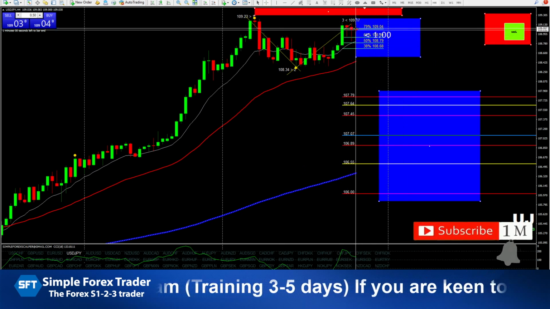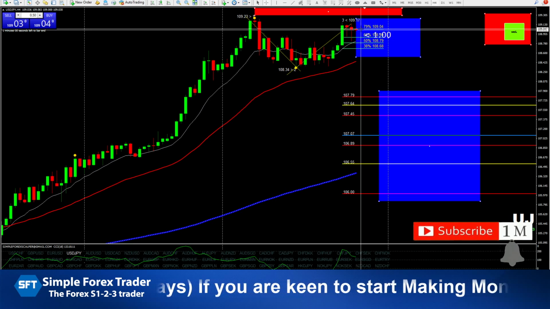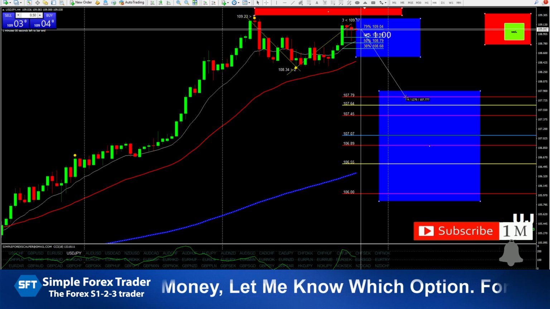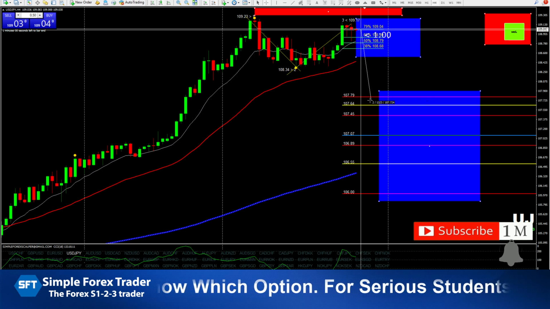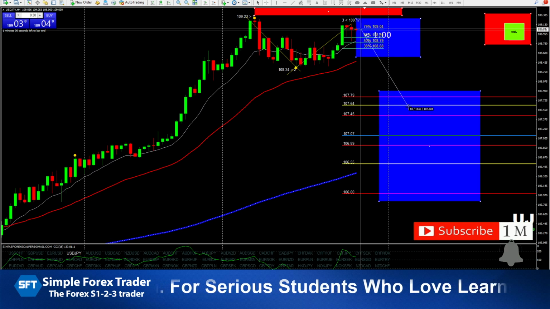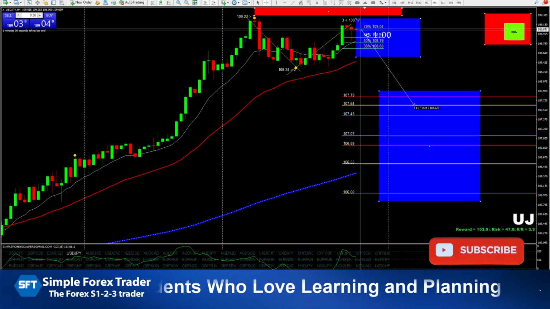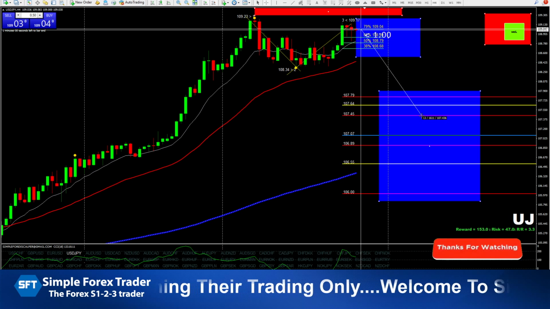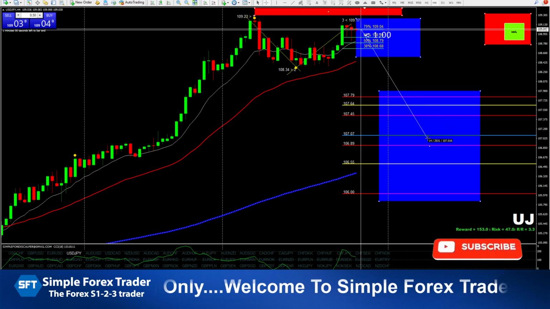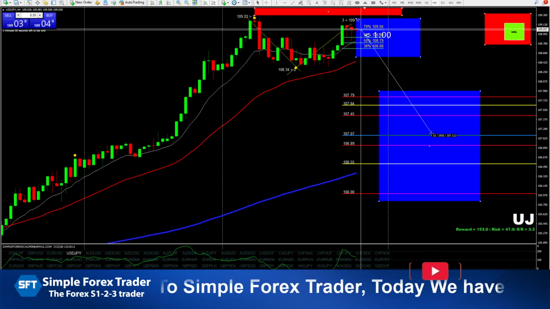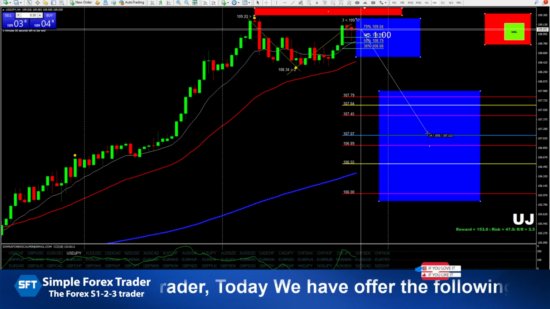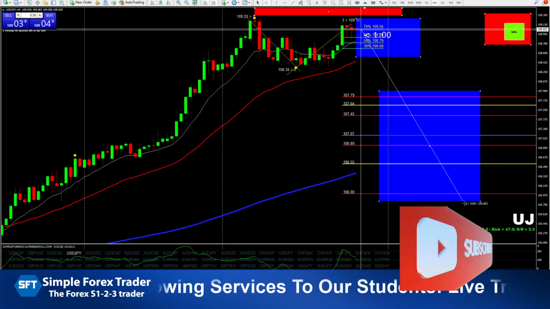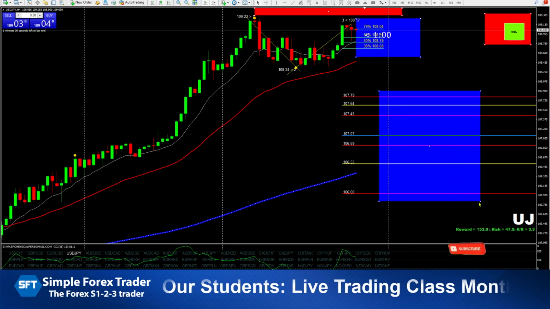So let's say enter at the 79% at 109.04. Your first exit is here at 107.79, about 126 pips. Your second exit will be at 107.64, about 144 pips. And then your third here is 107.45. If you want to continue down further, the fourth target here is 107.07, which is about 197 pips, and you can continue further if you want to, but we pretty much want to be conservative,